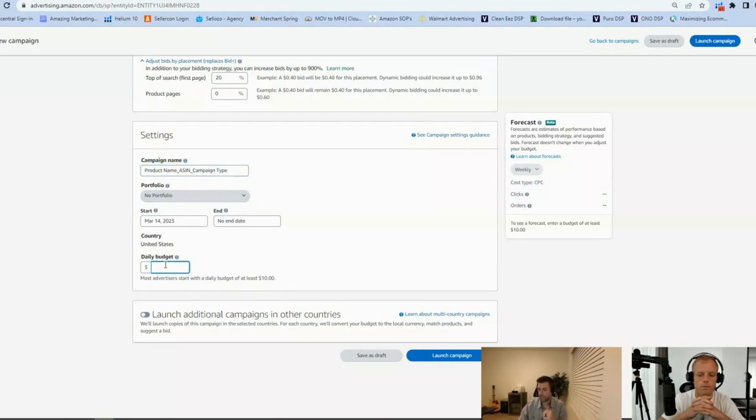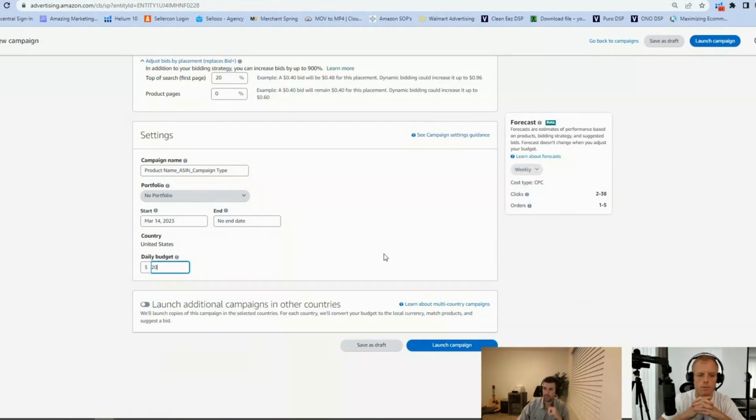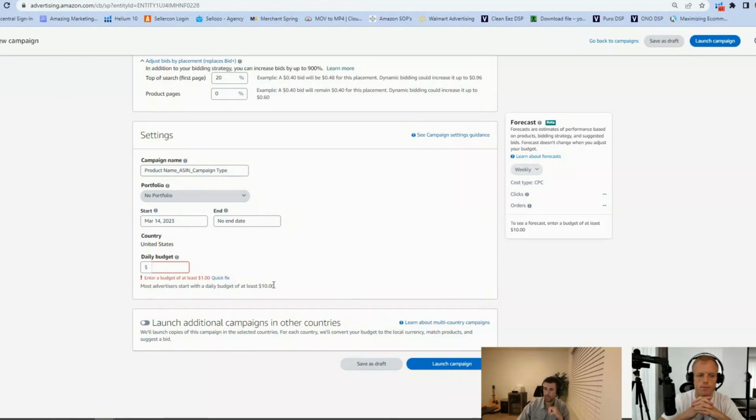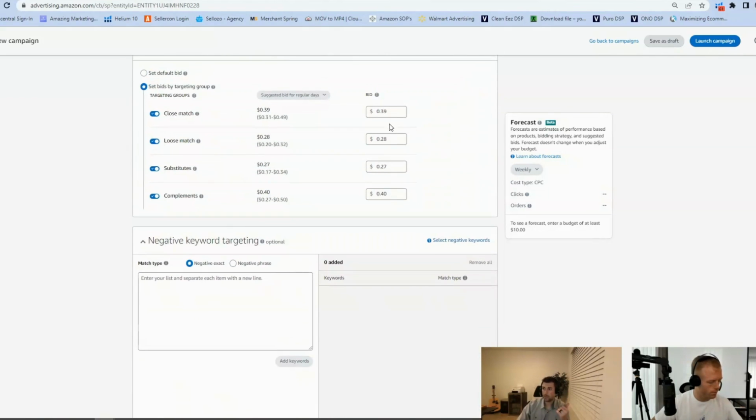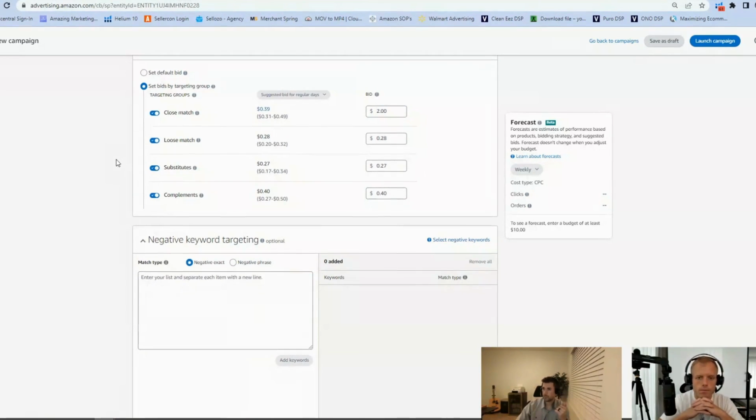That's it. Then you decide on the amount of budget that you want. Now, when you first start, it does say most advertisers start with a daily budget of at least $10. This fluctuates based on how aggressive your cost per click is. So in some categories, if I get really aggressive and say, hey, we'll see if it'll actually do it, if we do a $2 cost per click bid,